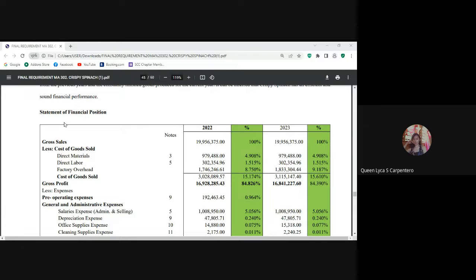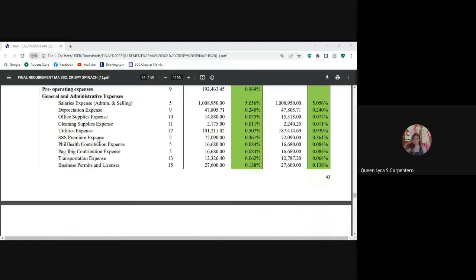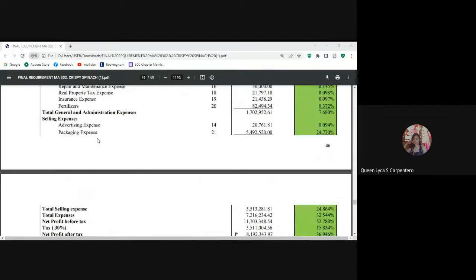Same ra gyapon kay naa siya up to 2022 and naa siya percentage 2026 gyapon. Same gyapon na yung procedure. Diri na ta sa